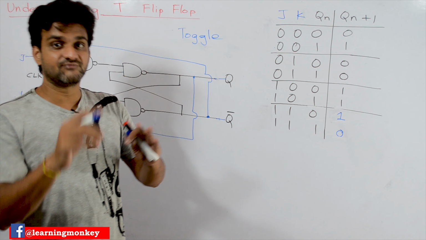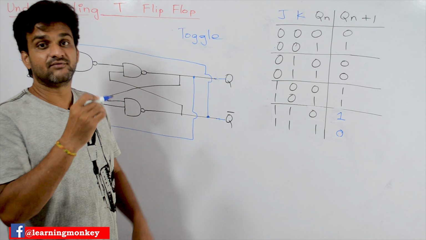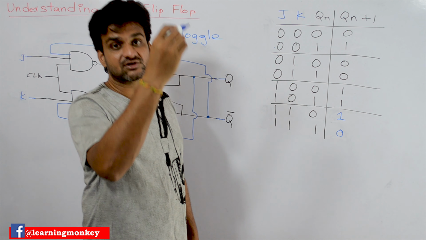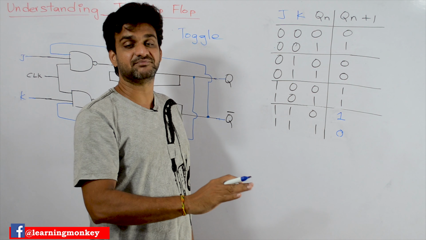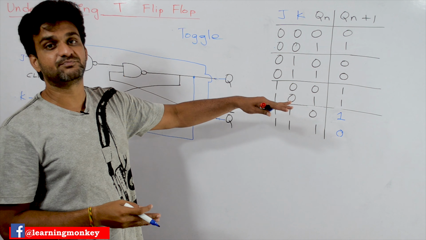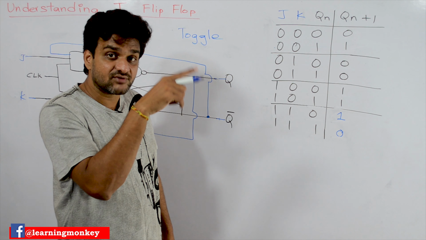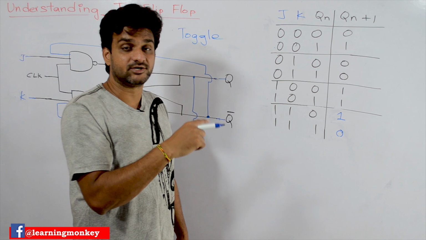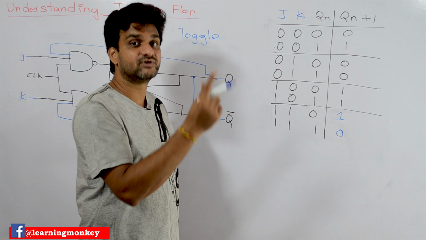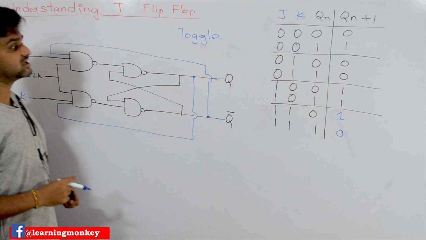If a toggle flip-flop is taken and the clock is continuously given, whenever the clock is high, it is going to change the state. Whenever the clock is low, it remains in the same state. With a single clock continuously provided, the value in the flip-flop can be toggled. Toggled means changing from 1 to 0, 0 to 1, 1 to 0, 0 to 1. So that is the effect created by this toggle flip-flop.